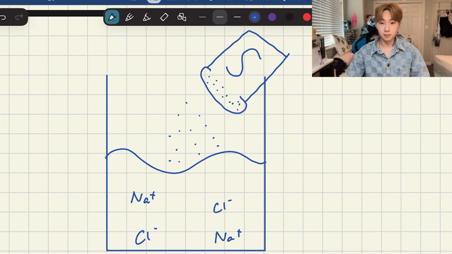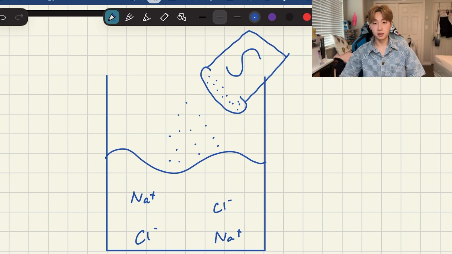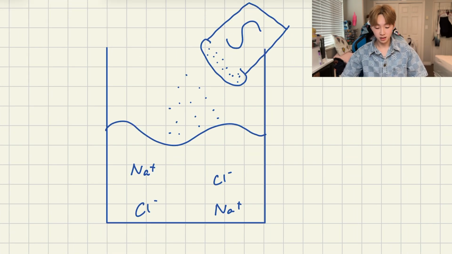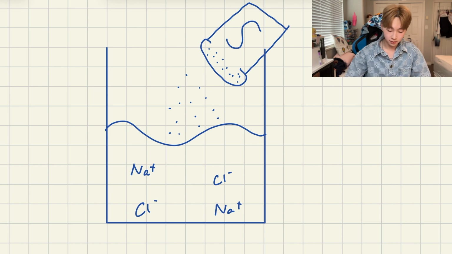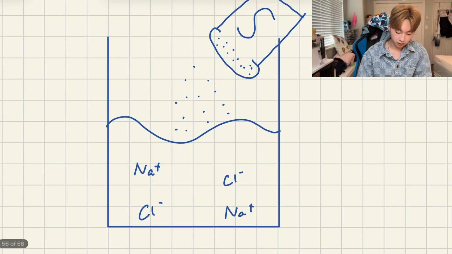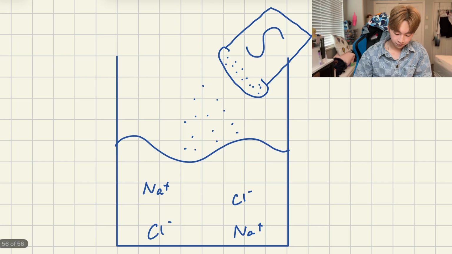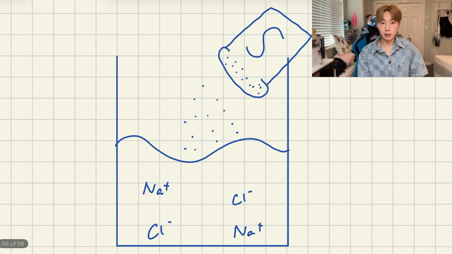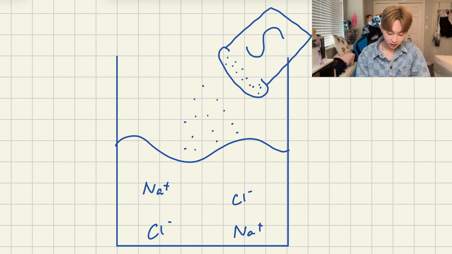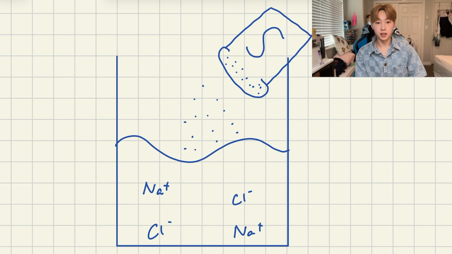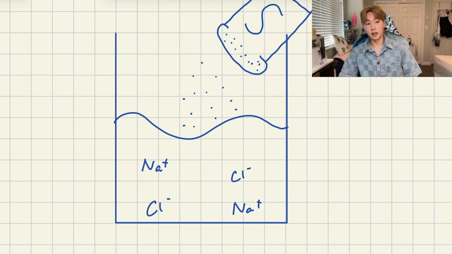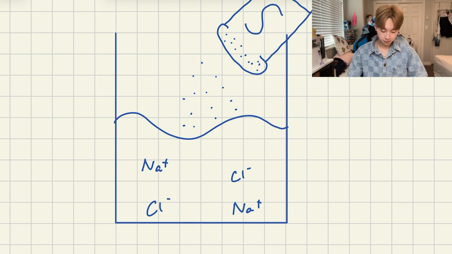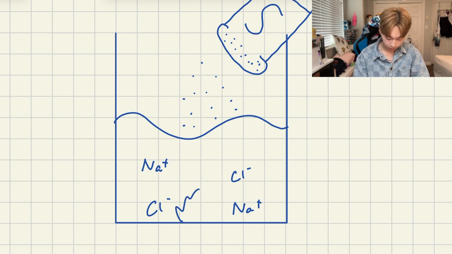First, imagine you were dumping some salt into water. What happens is the salt will dissolve into its ions, which are Na+ and Cl-. But what happens if you keep dissolving? Eventually, you'll have what's called a saturated solution, where you can't dissolve anymore at that given temperature. So any extra salt you add will stay as a solid once it hits the saturated solution. So you have a clump of salt